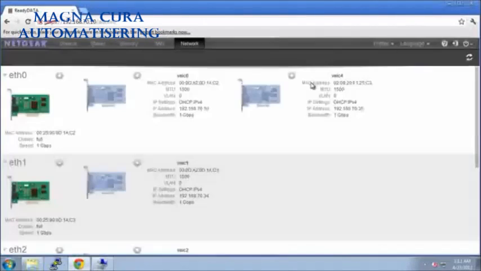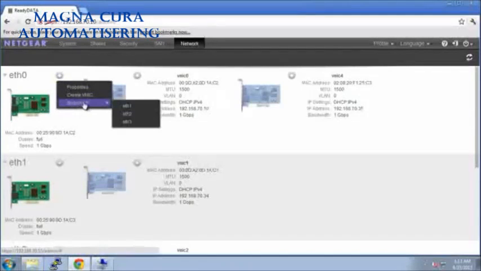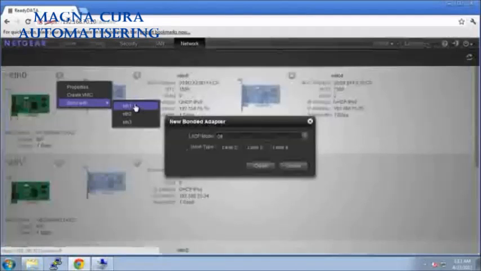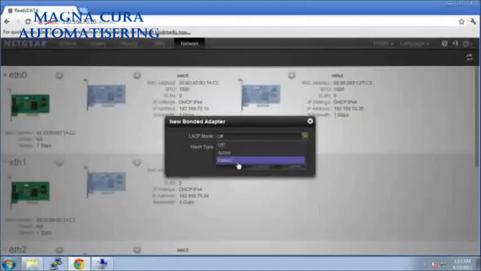To provide redundancy, we support LACP bonding on our physical adapters. This means our virtual network adapters can connect to the network via 2 Ethernet interfaces. You'll see here I'm going to create a bond with ETH0 and ETH1.